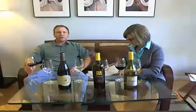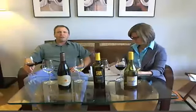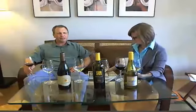Truant Old Vine Zinfandel. It is a California appellation, but we really do source grapes from all the great Zin growing regions within California that you can think of. Right here at home, Sonoma County, Dry Creek Valley, we've got some Dry Creek Valley Zin going into the Truant. Lodi, which often doesn't get enough love, but there are some really old vineyards with a lot of character, and a lot of great wine comes out of Lodi. And Paso Robles,